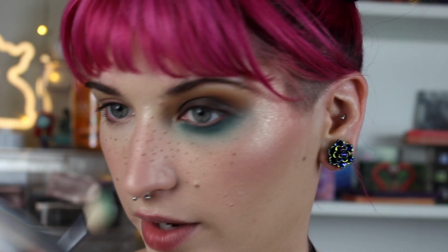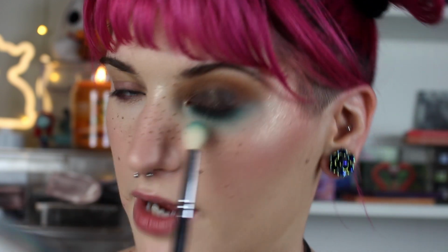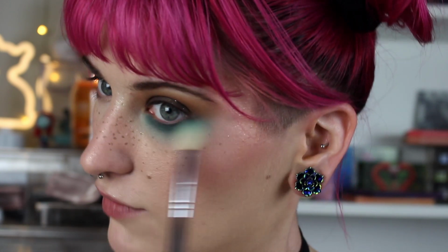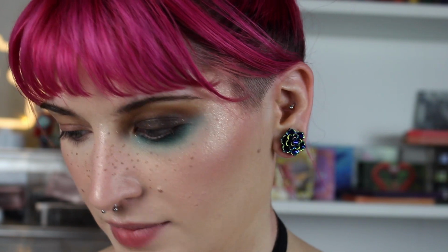I love the way this blue is looking all smoked out down here. I like how far down it goes. It's really cute. And I actually think because it's smoked out so far, it's going to make it stand out really nicely behind my glasses when I wear them later. I'm feeling this vibe. So now I'm just going to wipe off that same pencil brush and dip into the